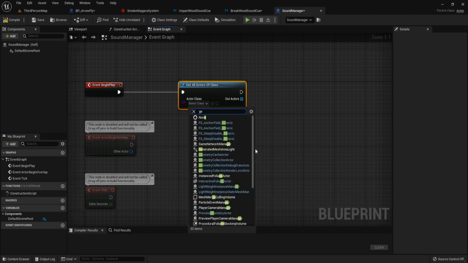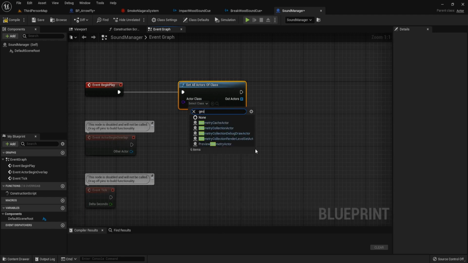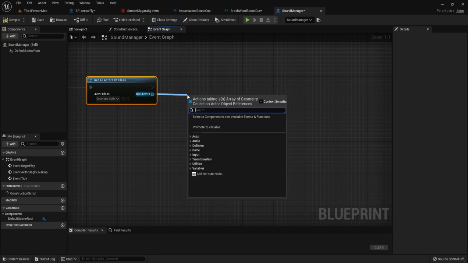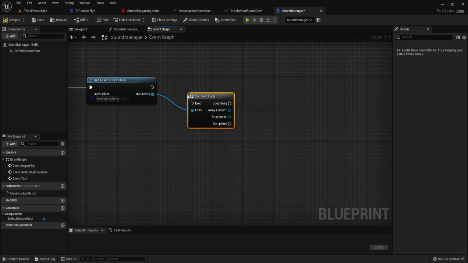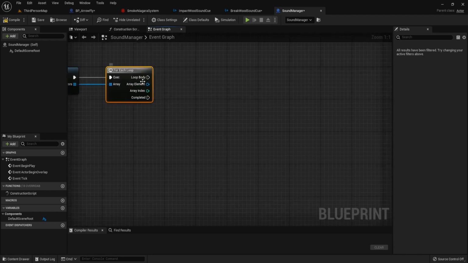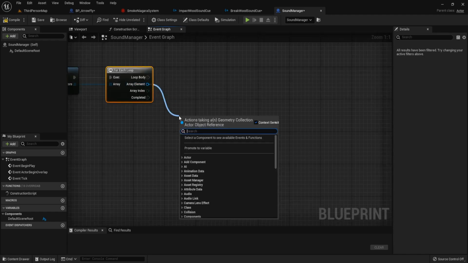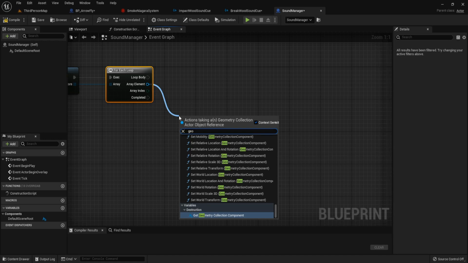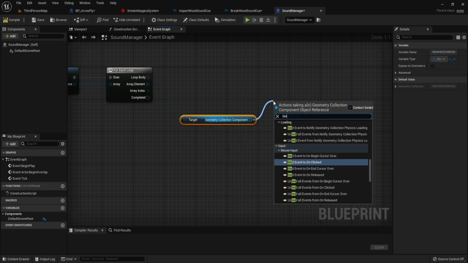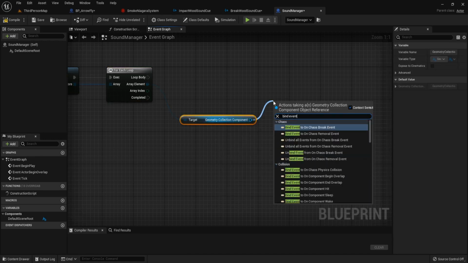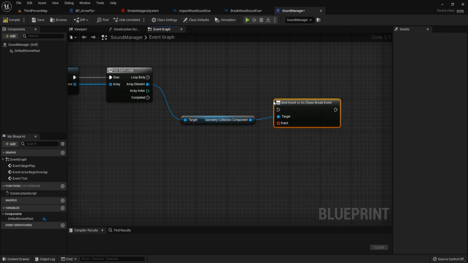The actor class is Geometry Collection Actor. And call for each loop. On the array element, get geometry collection component. Find event, on chaos break event.